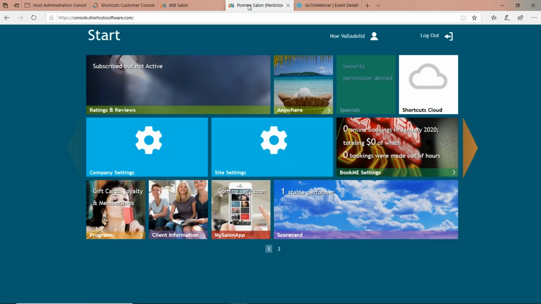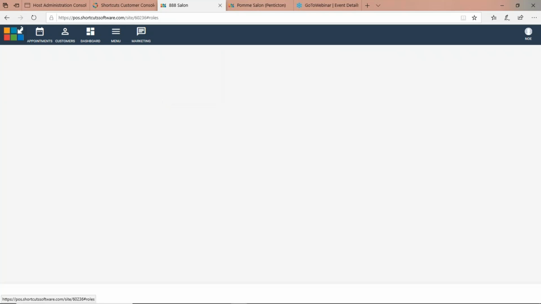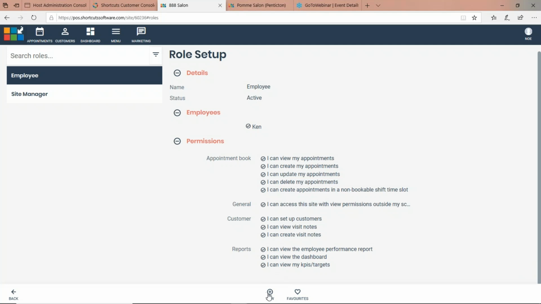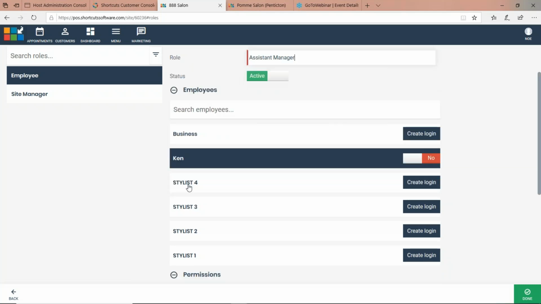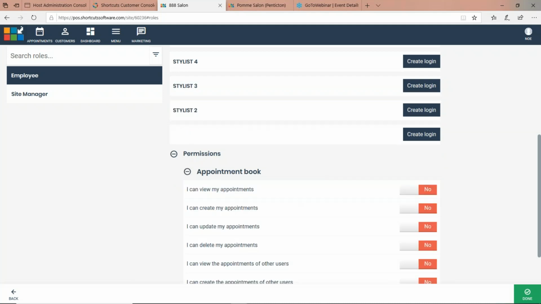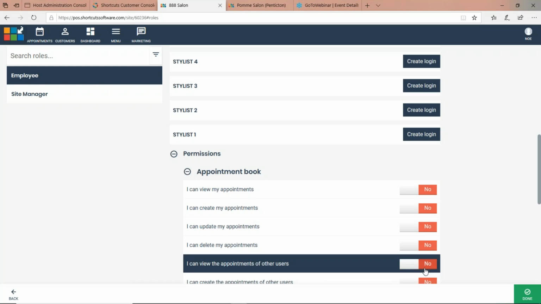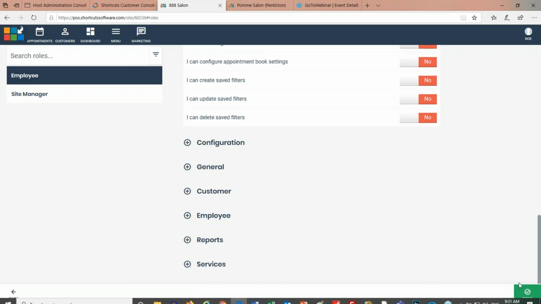The way that these settings work is once you create a custom level, then Shortcuts will always retain what that custom level is. So if you were to go to general settings and create a new role, I'll just create a new placeholder role. I'll call this assistant manager. I'll say it's active for now. I don't necessarily have to choose who's going to have this role specifically. First thing I want to do is just go through the list and say, yes, they can do this, yes, they can do this, etc. So once I save this role, once I press done,